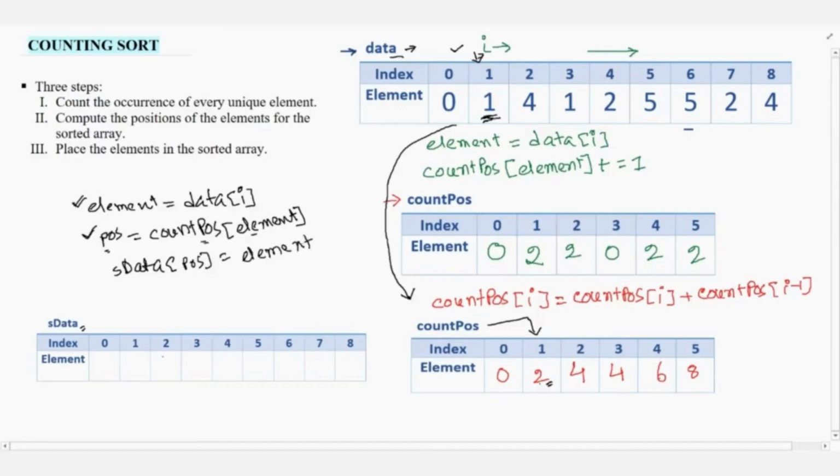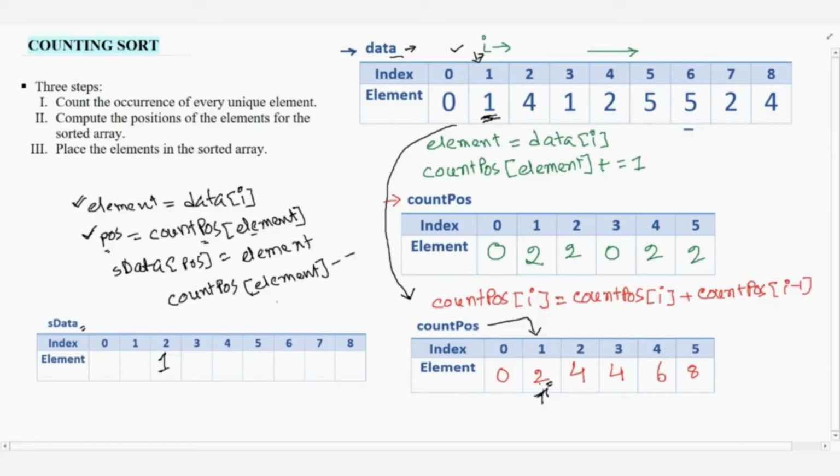So at position 2 we will place 1. Next we said that we will decrease this by 1 to represent the position for the next one. So we will decrease this by 1. So we will write count position of this element.